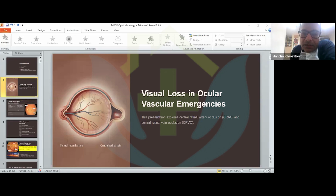Okay. The other vascular emergency is central retinal venous occlusion. So here again a similar kind of feature: a 74-year-old elderly gentleman with sudden painless loss of vision, who denies any